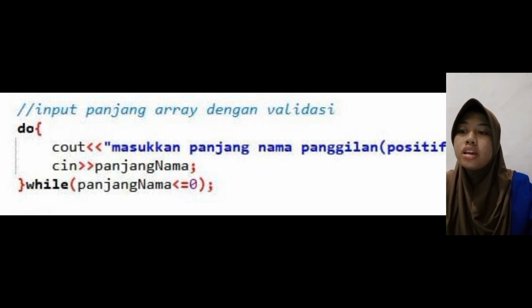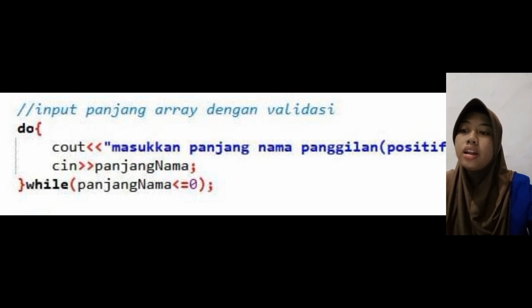Okay, cout, enter nickname length positive. This is a literal string that will be displayed on the screen, asking the user to enter the nickname length. Cin length name, this will take input from the user and store it into the length name variable.